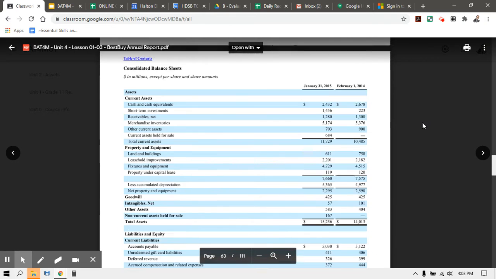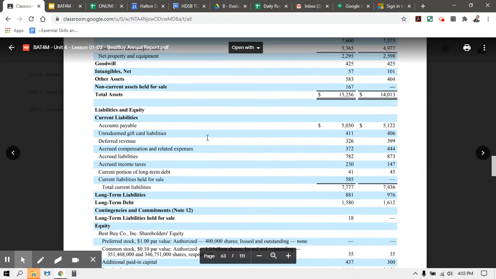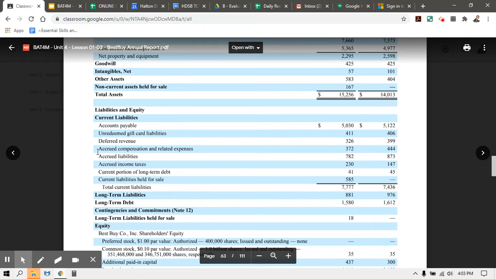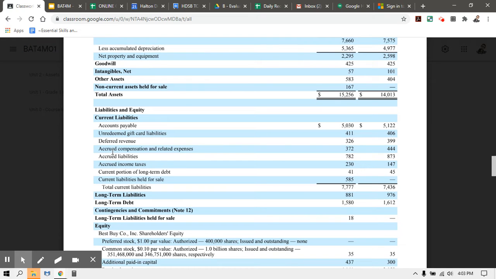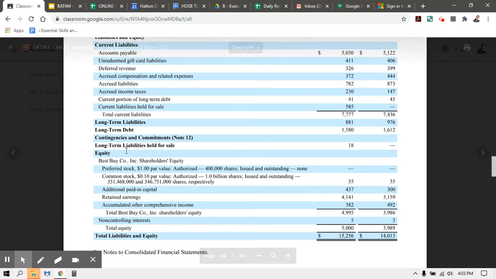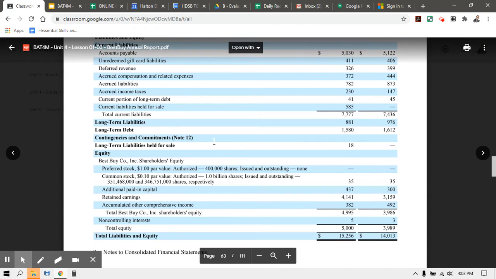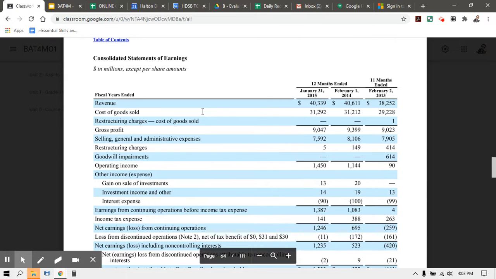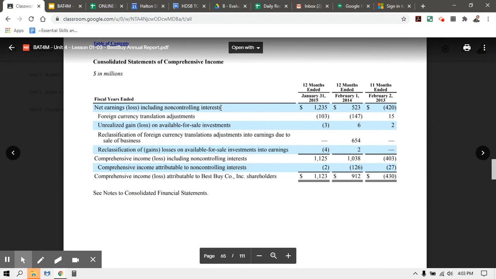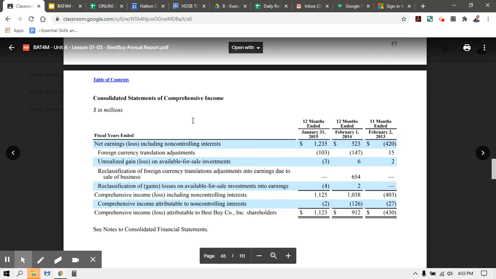Okay, so this is Best Buy. You can see the balance sheet. Hopefully you got a pretty good sense of what a lot of these are. We didn't get into the liabilities, but they're not so difficult. Basically just understanding why you would accrue a liability or an income tax or something like that. And then, of course, now you know what the equity looks like. But skipping over the statement of earnings, the third one is a comprehensive income statement, which is for